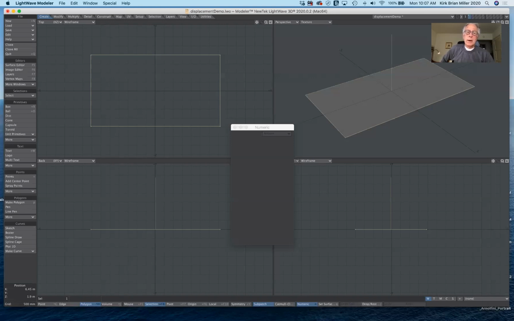So today, as I said, bump maps and displacement maps. It's mostly displacement maps, but I want to show you the difference between the two. So let's start by just making a simple polygon. That's all I've done here using the box tool. Flat, one-sided,